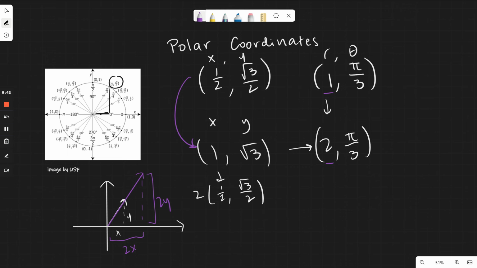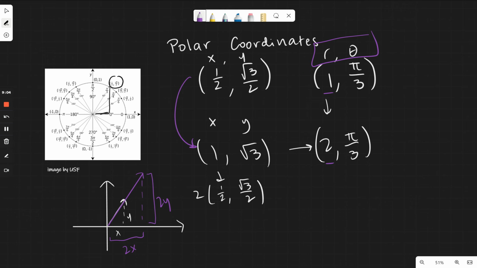You'll sometimes have 1/4 and square root 3 over 4. That's a little less common, but you'll definitely see this a lot. Okay, now, converting from, actually, I think there might be